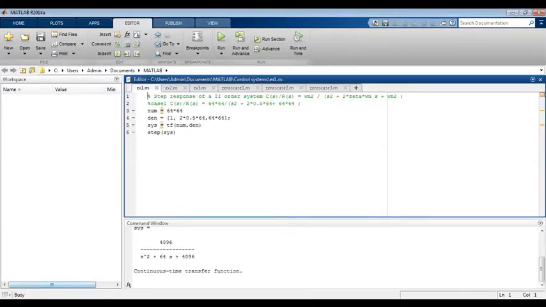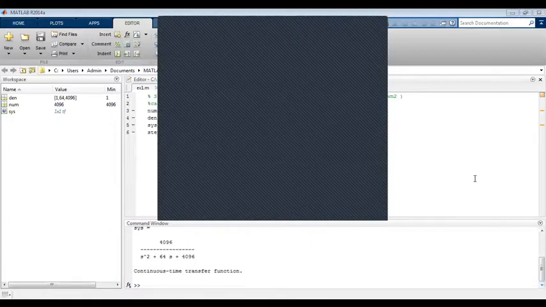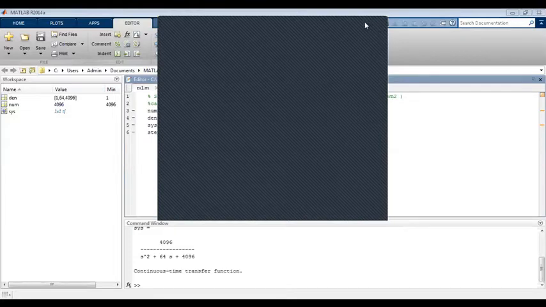So now go to the command window. You can check all the results there. Only the results you check in the command window. Don't write the program in the command window; it has to be in your new M file. After that, you see the diagram. You are getting the step response of a second order system. So you got the step response. If you have any doubts you want to clarify, you can interact with us.